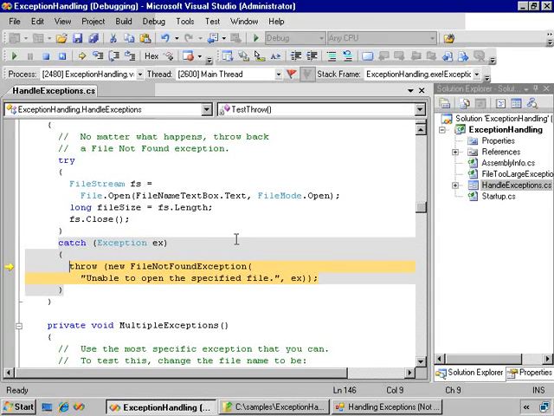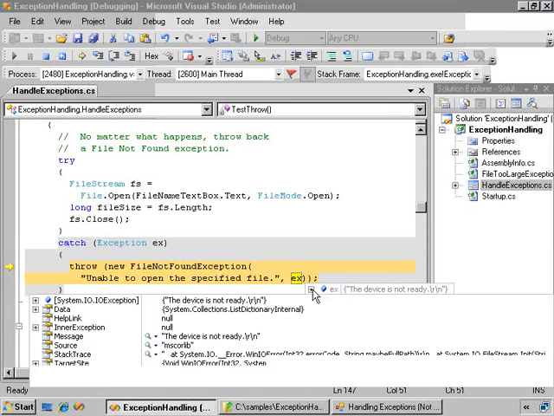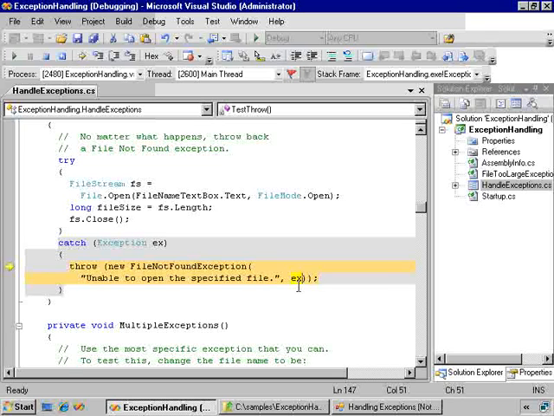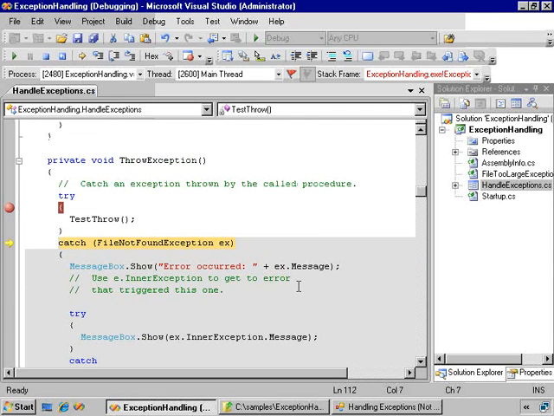And I also pass to the constructor the exception that just occurred as the inner exception, which in this case is, let's see what kind of exception it is. It is an IO error here or something like that. In any case, we're passing that back up. Press F11, and here we are back in the original procedure where